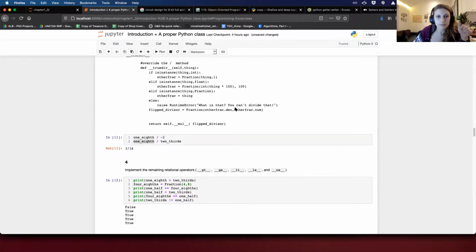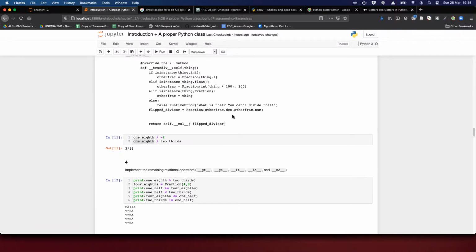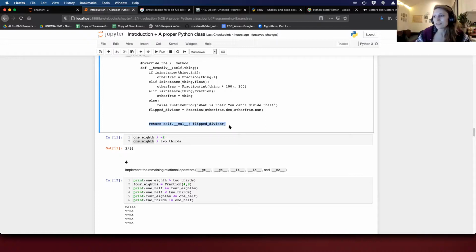So if everybody remembers from whenever we all learned fractions, I really had to Google how to do fraction addition again. I was like, what is this? How do you do this again? To divide by a fraction, you flip it and multiply it. So this is, I think, the only place that is a slightly different one